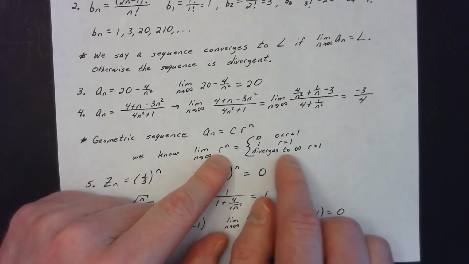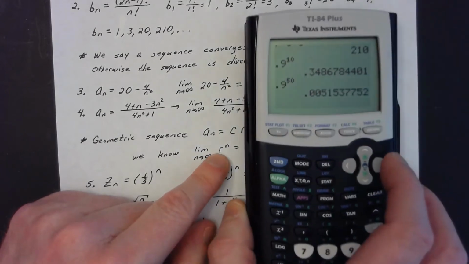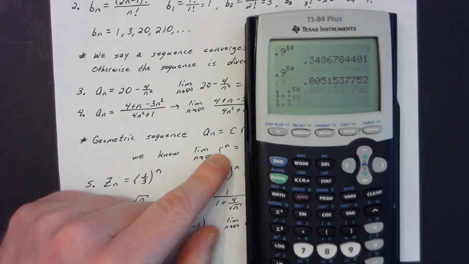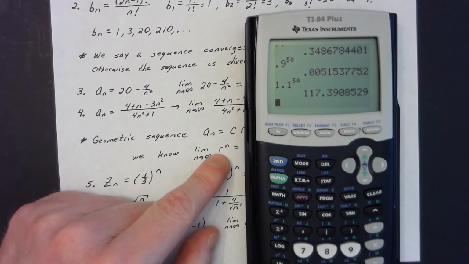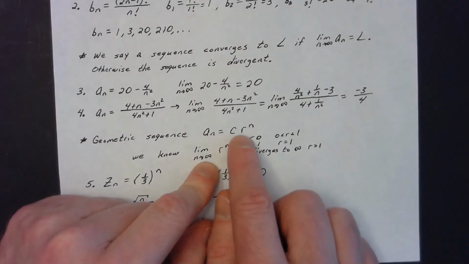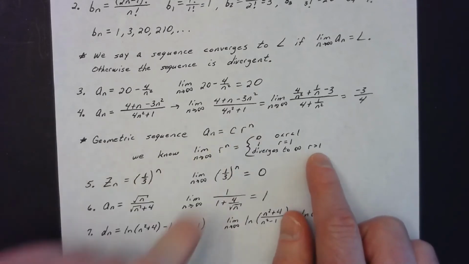What if r is a number greater than 1? Well, it's easy. It's going to go off towards infinity, no matter what c is. And think about that case. A number greater than 1 raised to a power, even if I did something like 1.1. 1.1 raised to the 50th, notice it's already at 117. If I did 1.1 raised to the 100th power, notice it's already over 13,000. So you say, well, gosh, if I go to the infinite power, any geometric sequence that has the exponential base greater than 1, it's going to go off towards infinity.